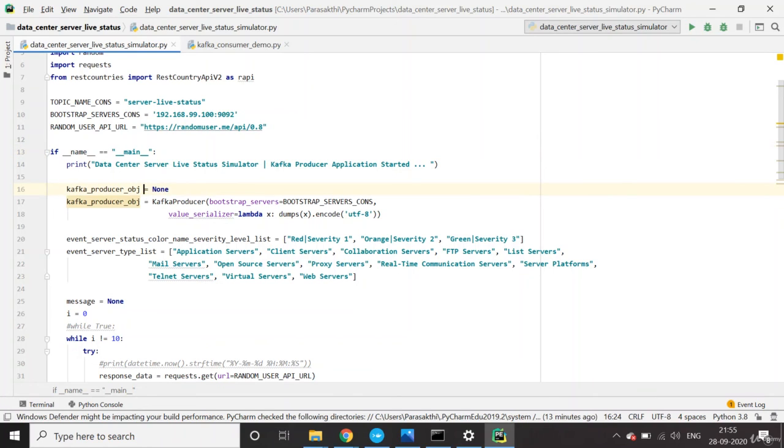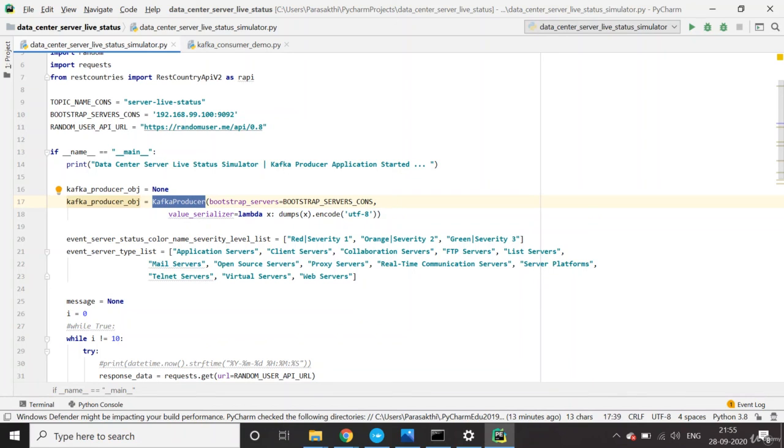Now I am going to create a producer. As I mentioned, Kafka is a distributed publish subscribe messaging system. So there will be a publisher who publishes messages to the Kafka topic. As a simulator, what we are considering is different servers sitting across the globe in data centers publishing the server status to this Kafka topic. Those are the publishers. This program is going to run on every server sitting in the data center, you can consider it like that.